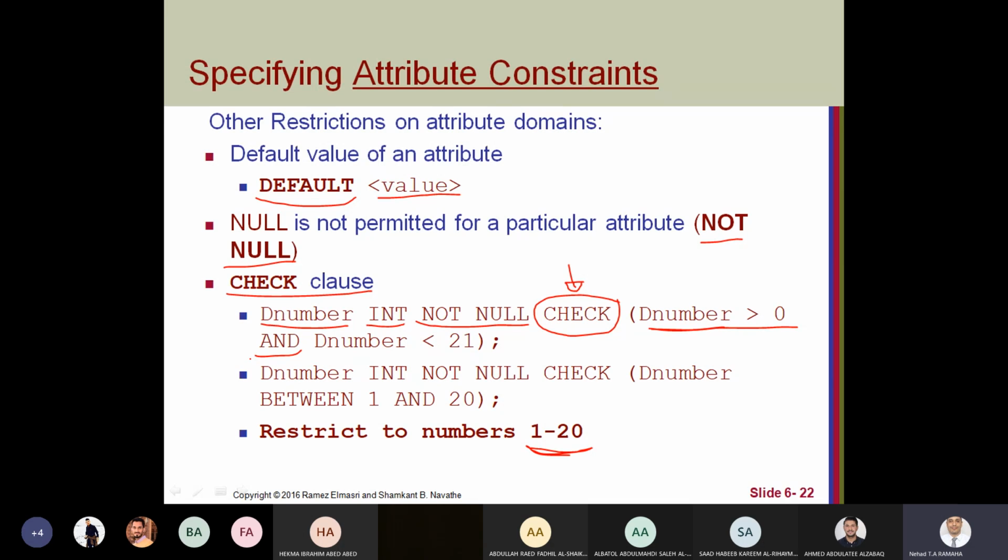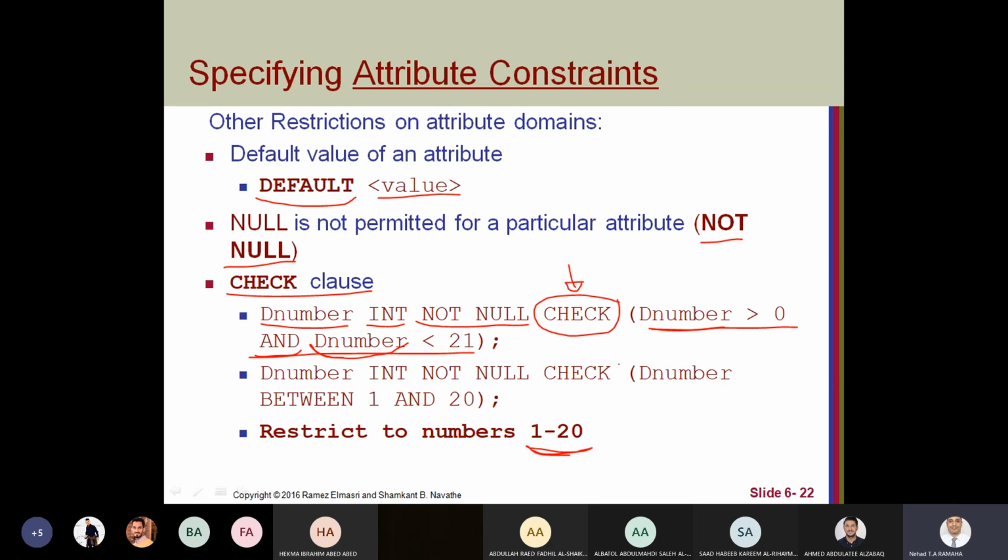For example, if we need to restrict D number to be between 1 and 20, I can write it in two ways. With CHECK, when inserting this value, the DBMS itself will check the value according to my definition. Take D number more than 0, which is a Boolean condition. Because it's an integer value, I used a Boolean condition to check if it is bigger than 0 and D number less than 20, or I can use less than or equal 20 or less than 21.